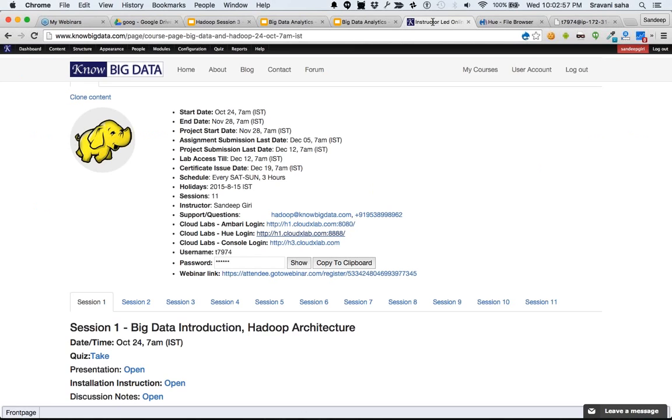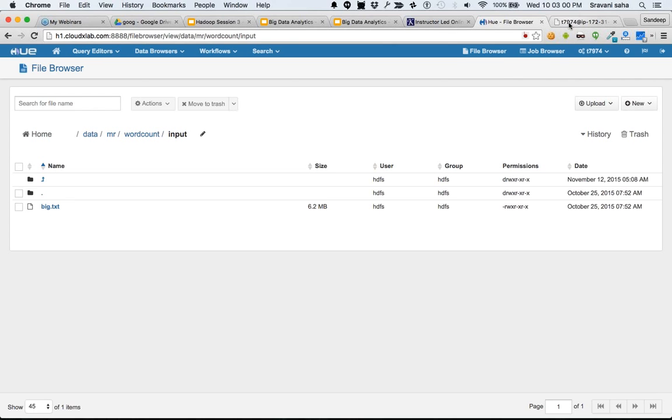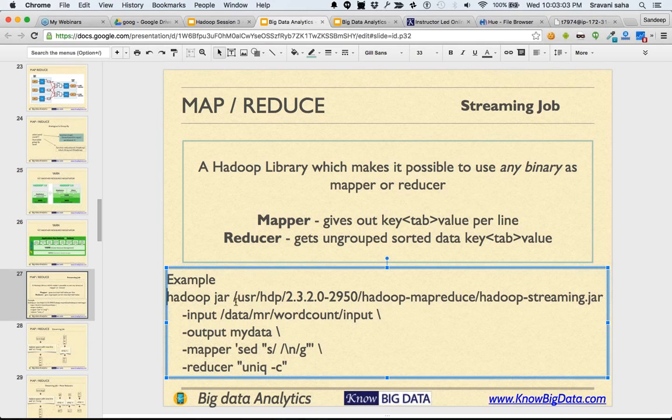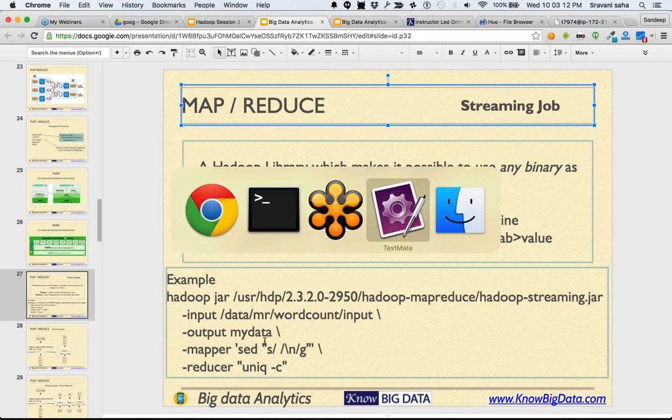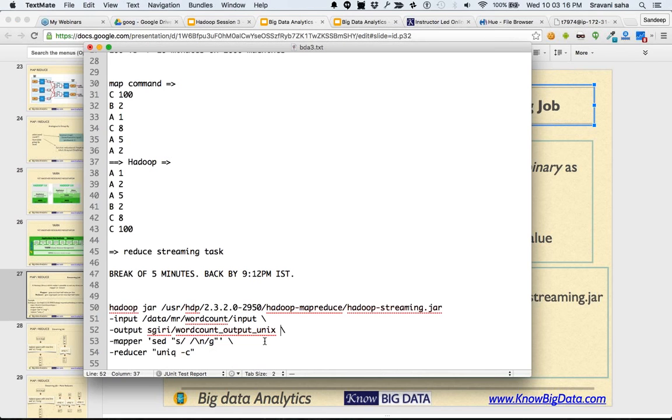And now when we take this data and try to run this command in the background, it's going to run on multiple machines. But since it's just a single machine right now, it won't do anything much. So let me just put this command here. You can see I'm saying here, instead of writing this, we are saying inside the folder called sgiri, there is a folder called word count. We will put the data inside that.